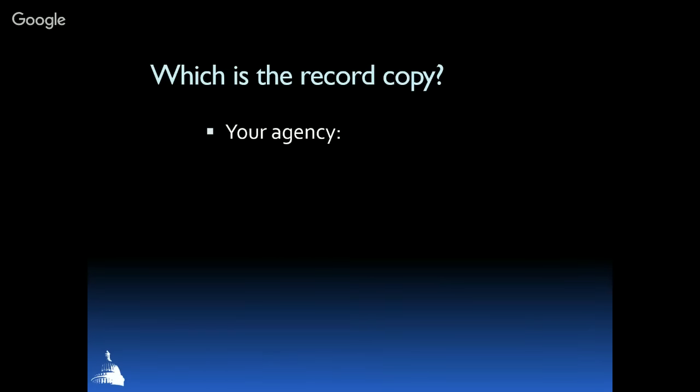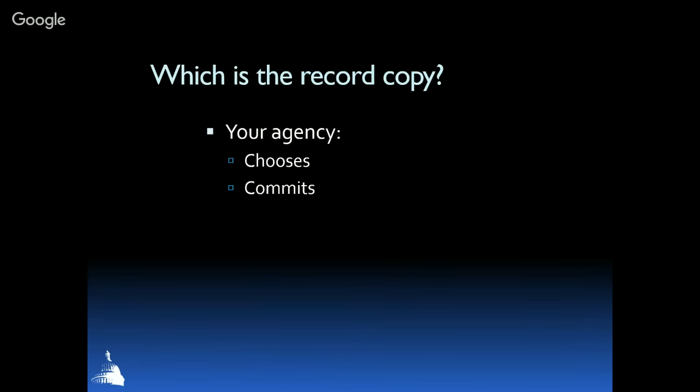Another point of pain that the training addresses is the significance of a record copy. Because records can be duplicated in order to create reference copies, access copies, backup copies, preservation copies, etc., the law isolates the legal requirements for maintaining the records to only the record copy. Your agency is in charge of choosing which copy is the record copy.